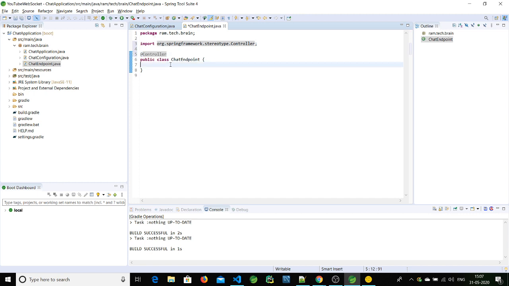In that we'll create a method that will be receiving. So public, and it will return a string. So String will be the return type, and for the method name, let's keep publishMessage1.